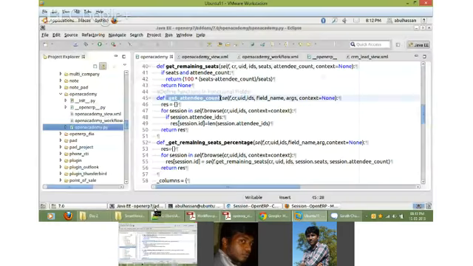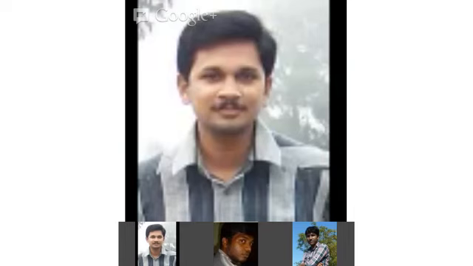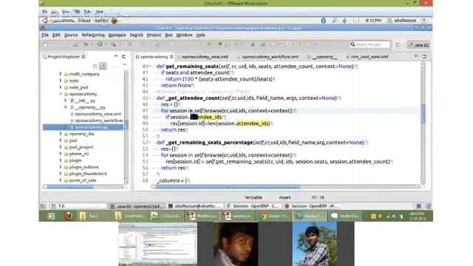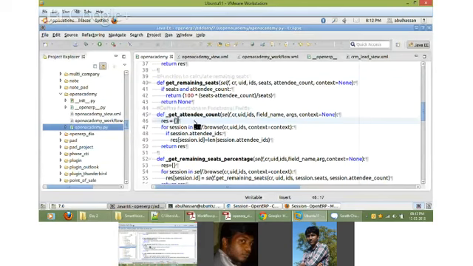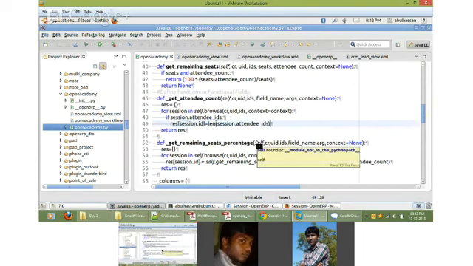So we are calculating the number of attendees. The return value is always in a dictionary format, where the ID of that particular record is the key, and the value will be stored within that. For example, res is the variable that we are going to return. res of ID will hold the value of that particular field. This is how it is always returned.